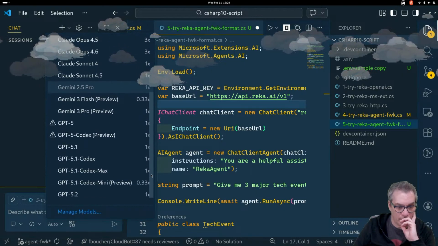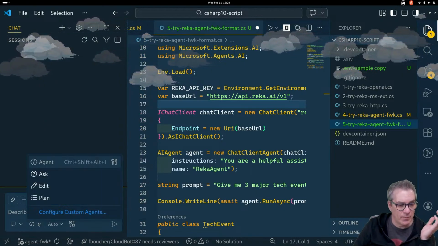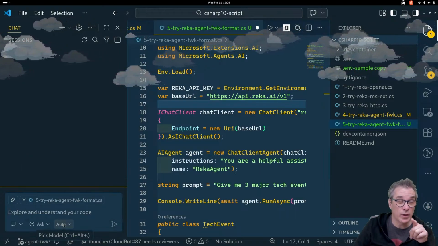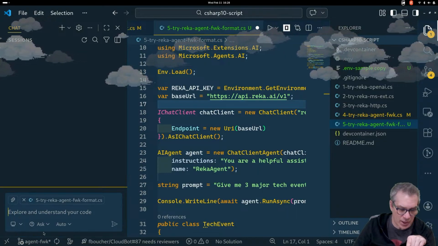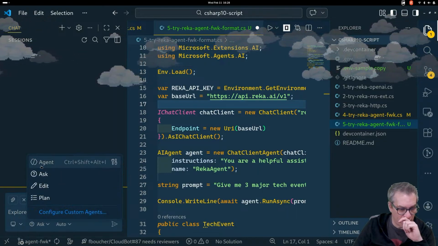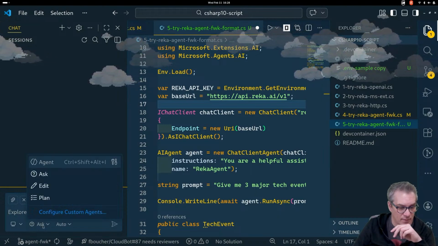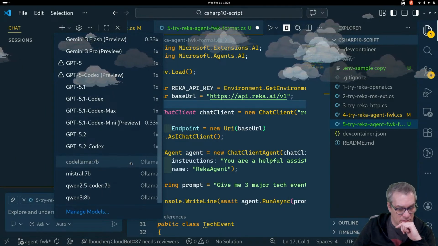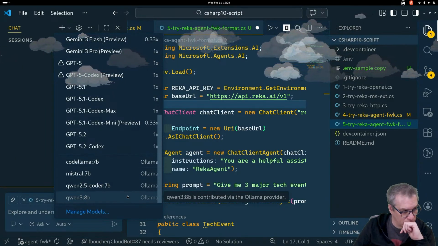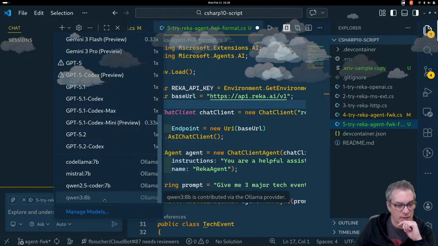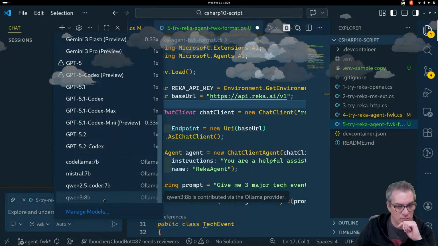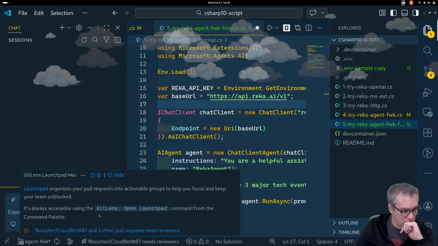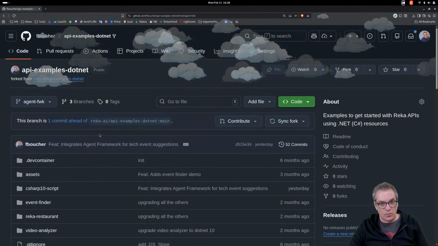See here, I'm not sure why it's not working with agent. It was working before, but since this update, since they changed that UI, it's not working anymore. But if I put it as ask or edit, now I can see my Ollama model. That's running on my computer. And I installed the web UI.